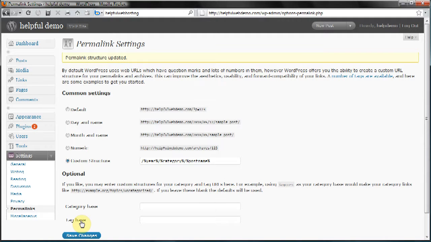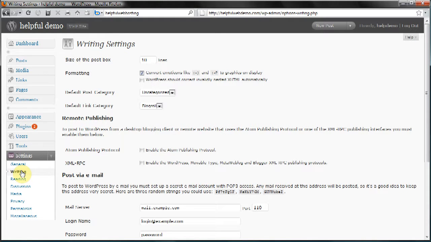And that's it. That's all we need to do just to get the basic settings up and running. You can always come back and change these later, but it's good to have the basics set out right now. There's maybe one more thing we could do. If we go back to writing, I beg your pardon, go back to general,